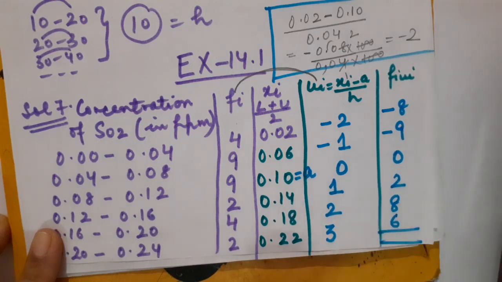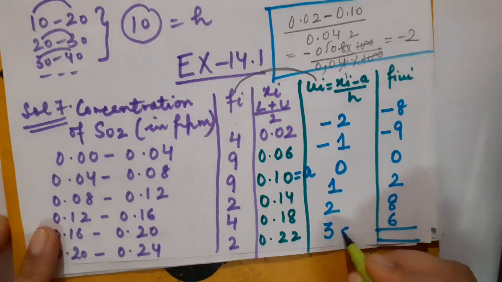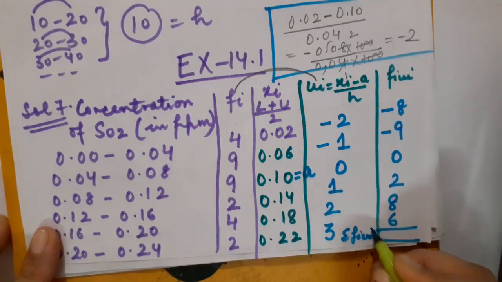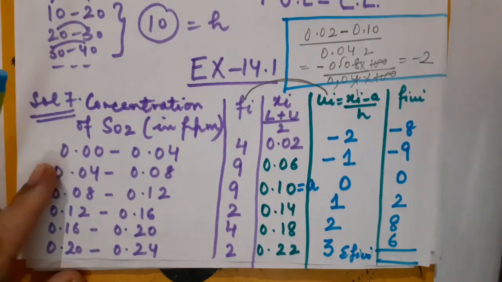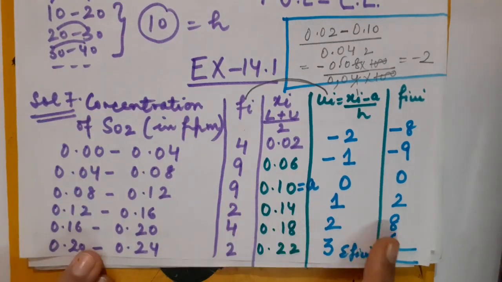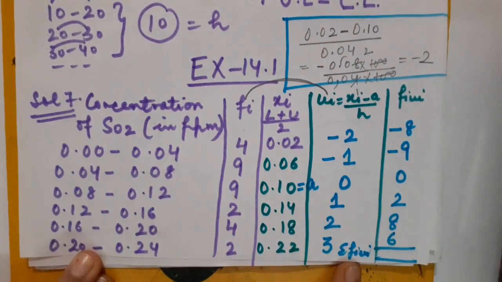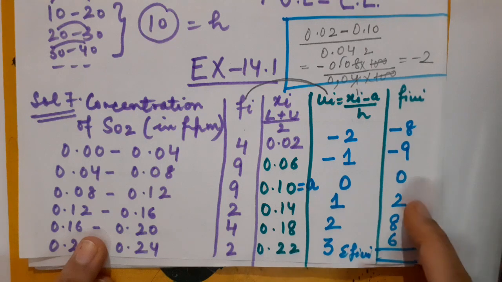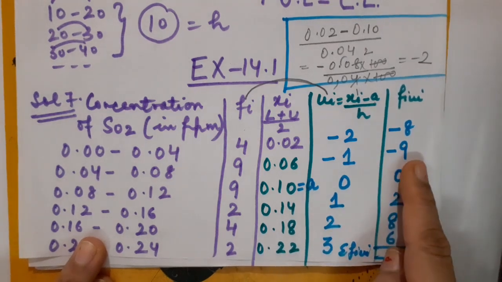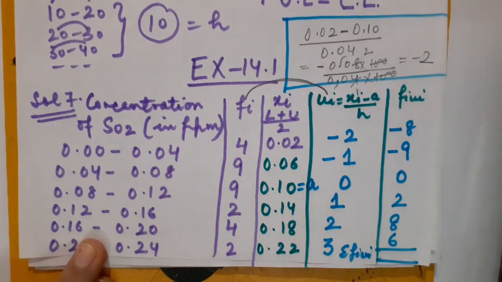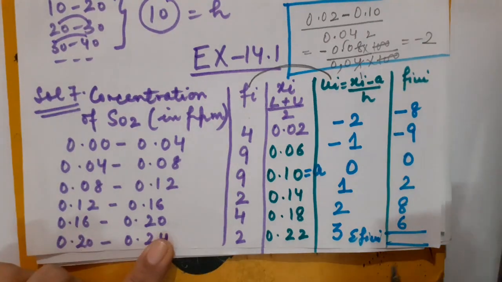Now children, I will be calculating the summation, sigma Fi Ui. Here you can write sigma Fi Ui is what? Let us simplify it. Plus 8 and minus 8 are going to be cancelled. Correct? This is 6 plus 2, which is plus 8, and this is minus 9. So you will be getting minus 1. So here I am writing minus 1 is sigma Fi Ui.